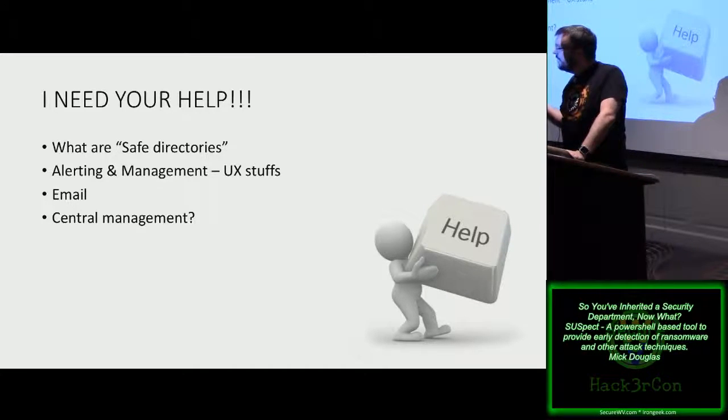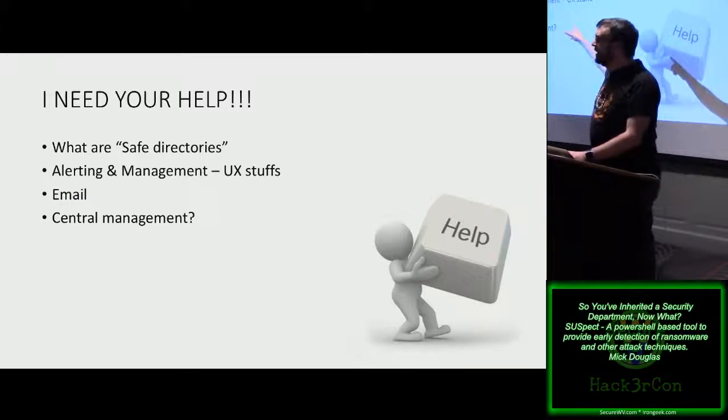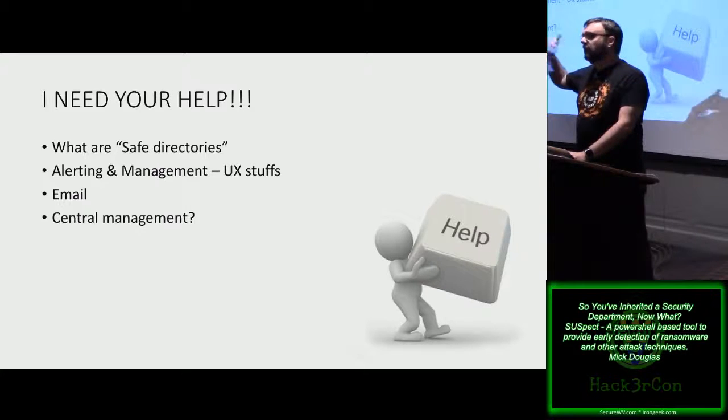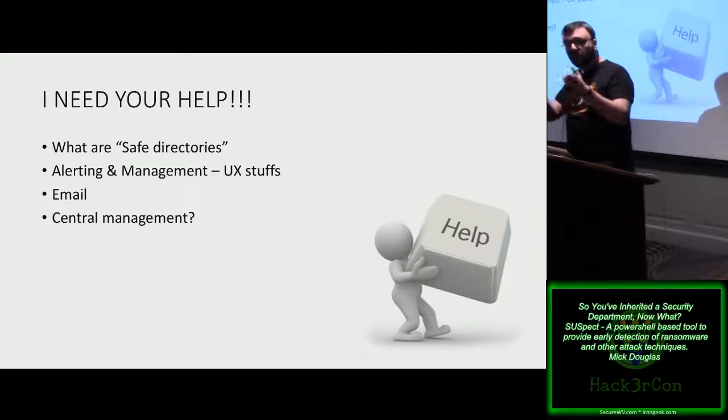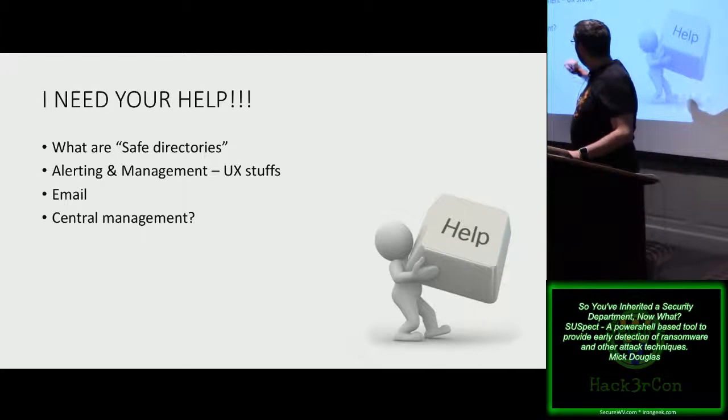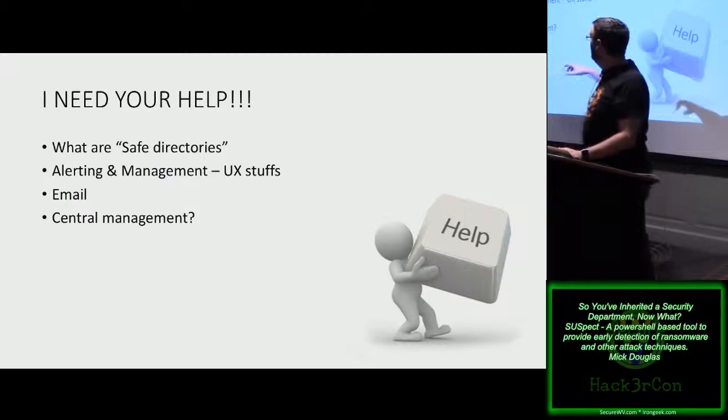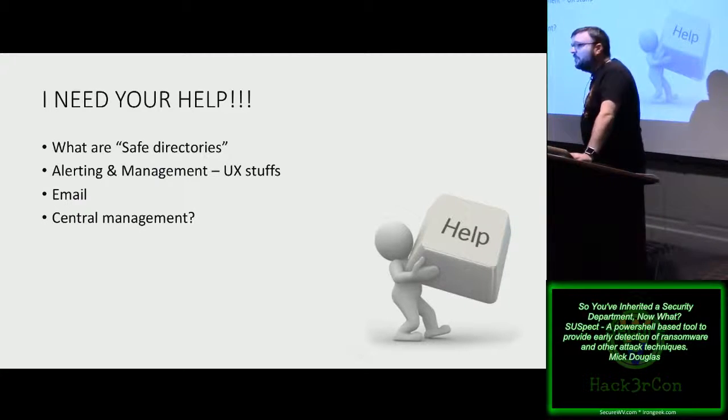There are some executables that I've run into that run in the user's path, so I need help in finding those. And I'm also working on making it so there's config files, because if you've got your own paths at work or at home that you're installing software to that are outside of program files or Windows, you can basically create a whitelist for that directory and allow it to work. I need help, though. I don't know what the normal directories are. So I've taken a guess, but really would appreciate some input on that.